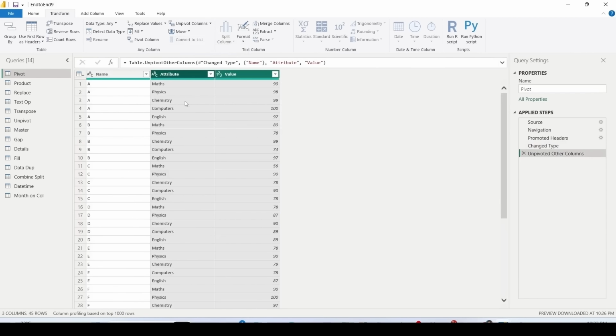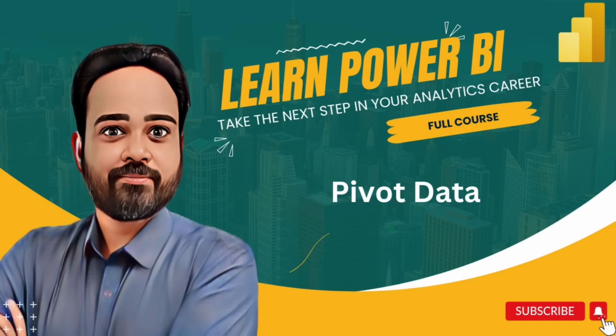Once I unpivot it, it is going to give me attribute and value columns, and these attribute and value columns are the ones which have made my data now more suitable for analysis. What I can do here is, in the last step of unpivot other columns, I can go ahead and change the name to subject and marks. But don't do this in all the Power Query steps unless you understand that you can change the